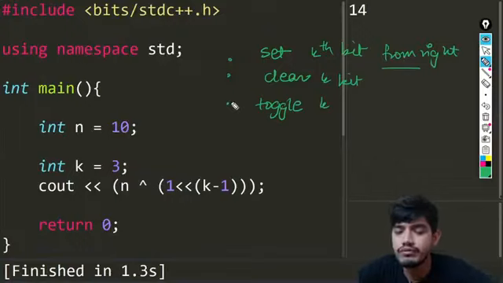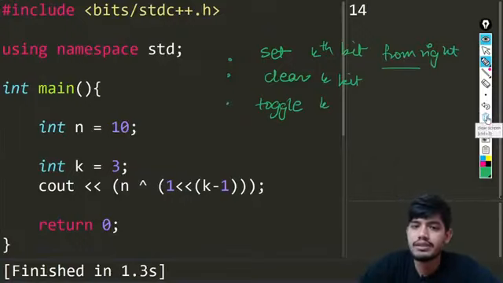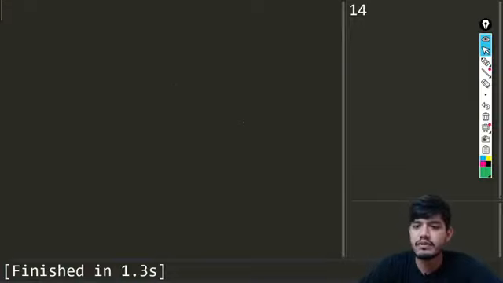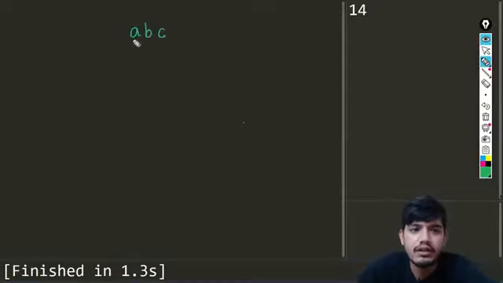Now let us talk about the problem for today. Okay, problem of the day, and let us try to see an example for that. So what is this problem? This problem is, I guess, a very famous question, and let us take the example here. Suppose we are given this ABC, and we just want to find all the combinations that we can make from this set. Suppose this is a set and we want to find all the subsets.